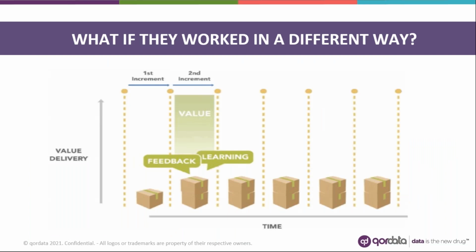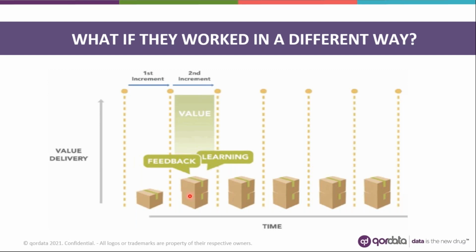So what if they work in a different way? What if in a short period of time, they build a small part of the system? It's not the full system, but it is a working element they can use to solicit feedback. In the next small period of time, they add more value. As time goes on, they continue to add value. Now, what happens if they have the exact same problem as before? That is, they are behind schedule and need to make a change.